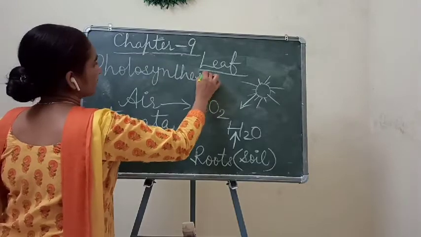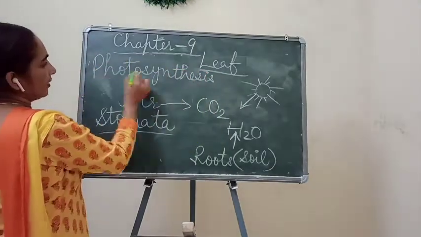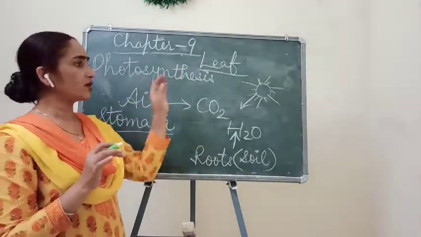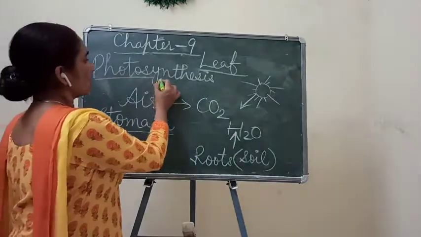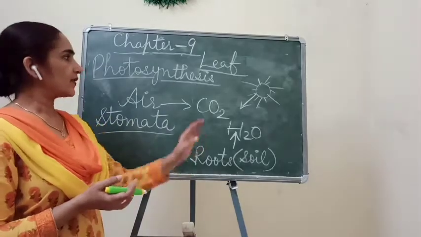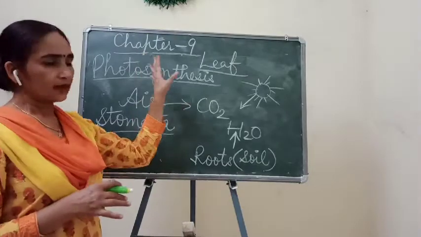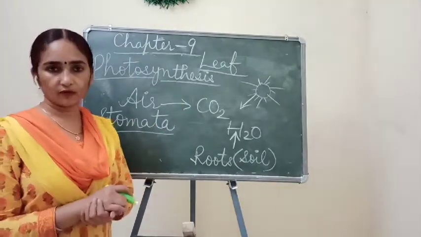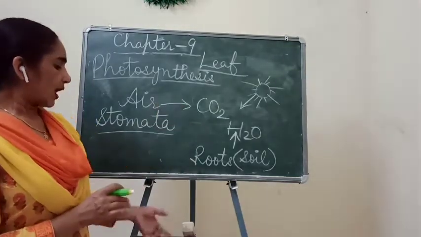Photosynthesis. This is the main important function of the leaves, that they perform the process of photosynthesis. That's why leaves are green in color. And why are leaves green in color? Because of the presence of chlorophyll pigment, a green color pigment. Okay children, after this,